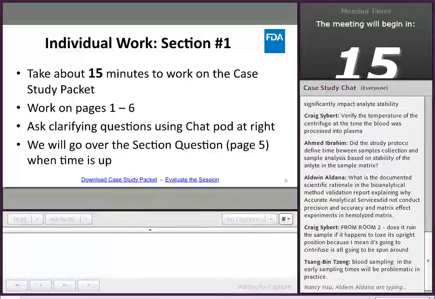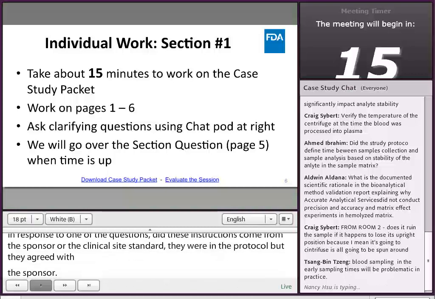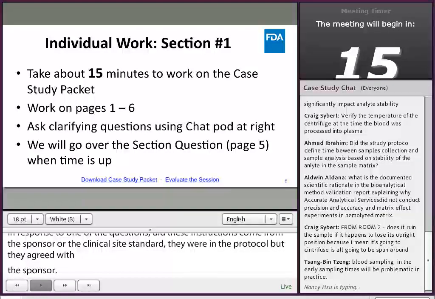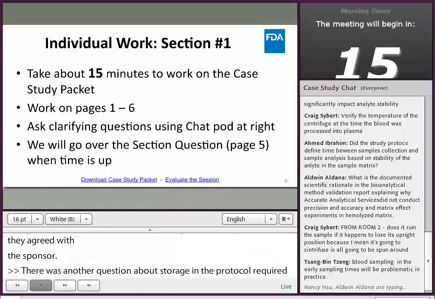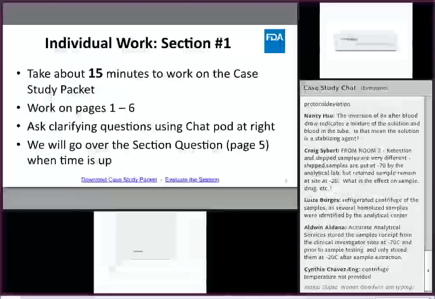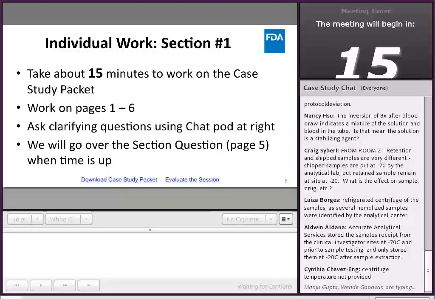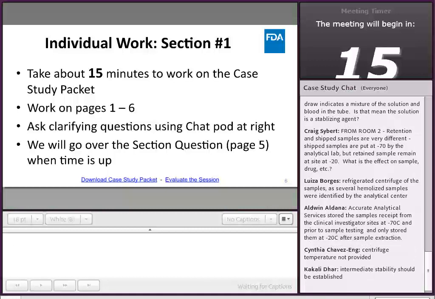Sponsor. There was another question about storage. The protocol required them to immediately centrifuge after collection. Please assume that whatever anticoagulant was necessary was in the tubes. So that was the reason why the tubes had to be inverted a few times before they